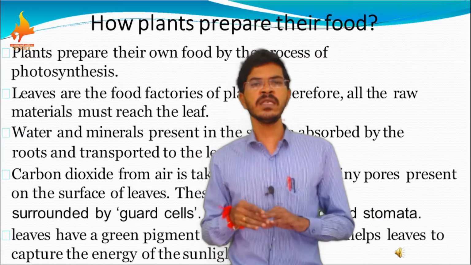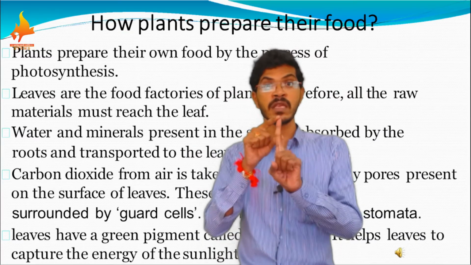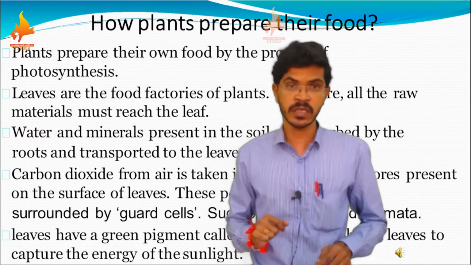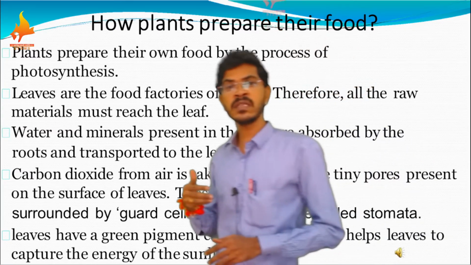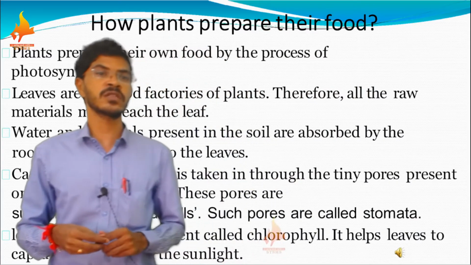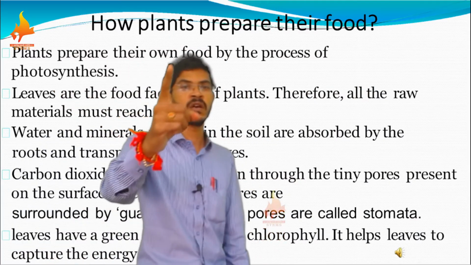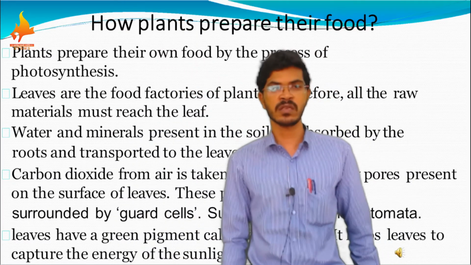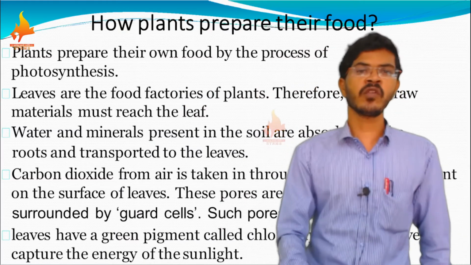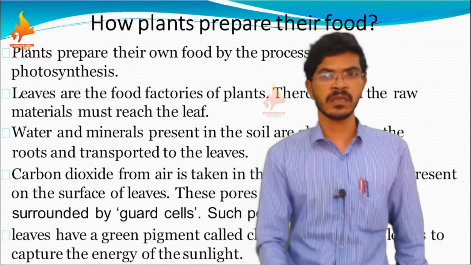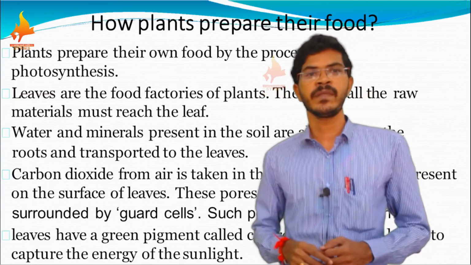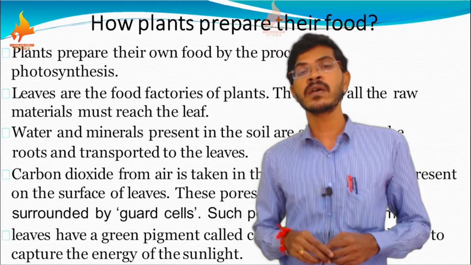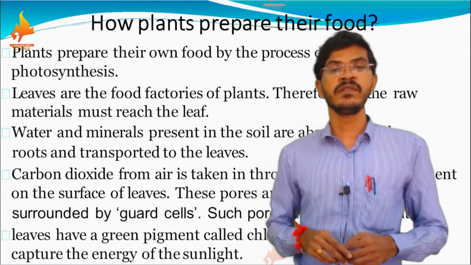So with this explanation, we understood that chlorophyll is necessary for photosynthesis to take place, and sunlight is also necessary for photosynthesis to take place. What are the other things that are necessary for photosynthesis to take place? Water is one thing that is very much necessary. In the absence of water, photosynthesis doesn't take place. After water, the next thing that is necessary for photosynthesis is carbon dioxide, which is freely available